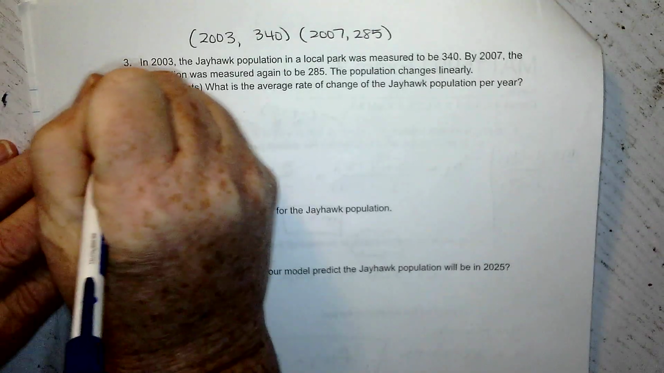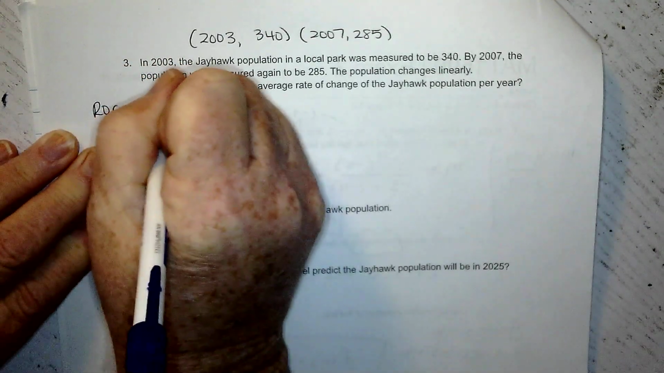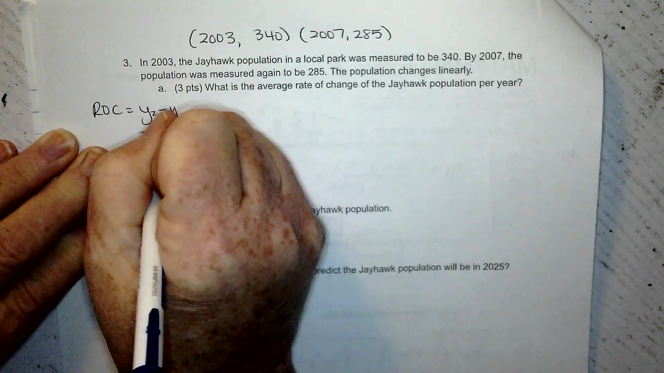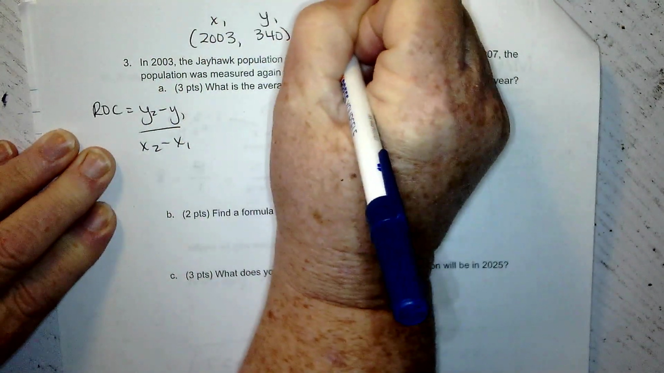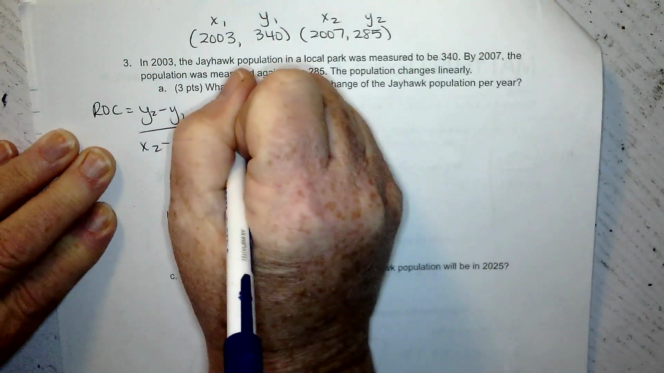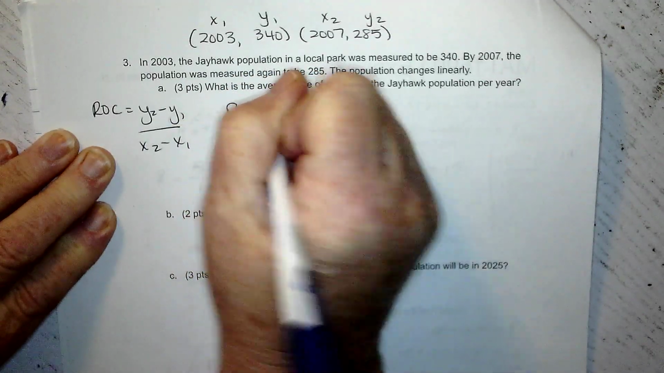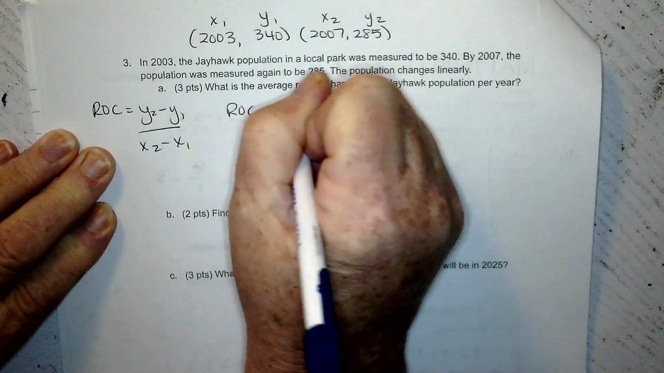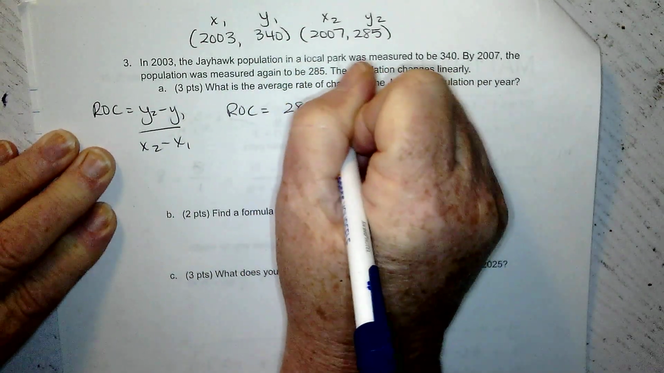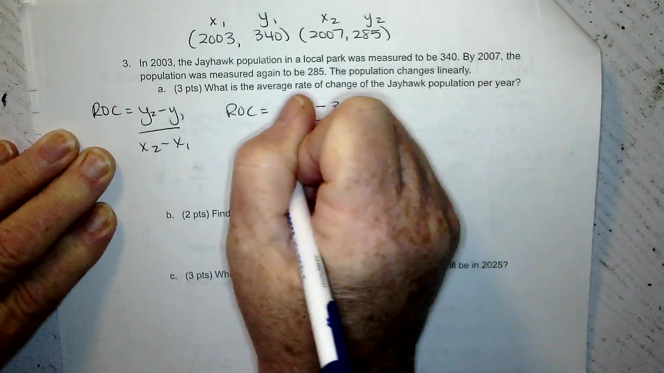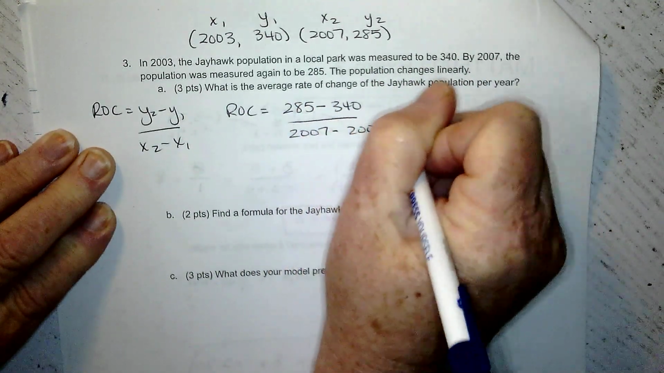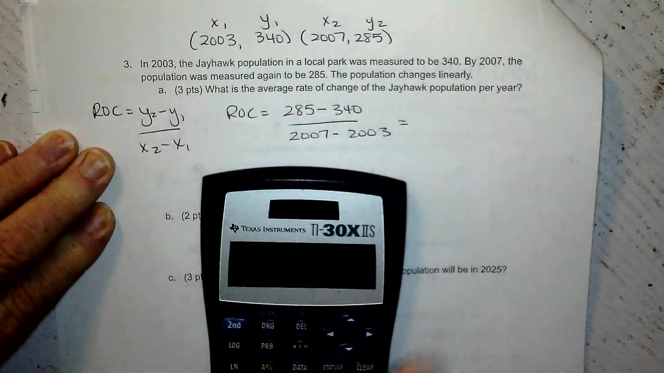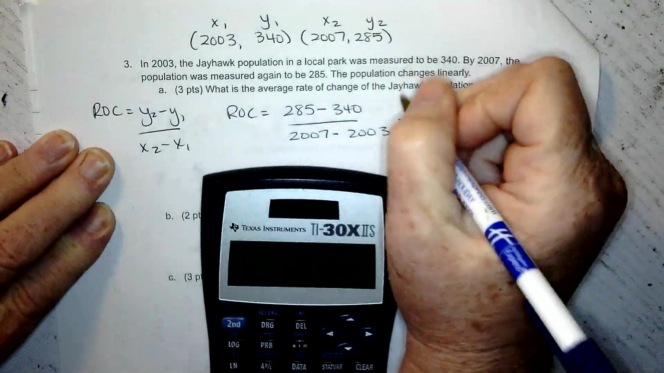The rate of change is the same thing as your slope: y sub 2 minus y sub 1 over x sub 2 minus x sub 1. Label your points. And your rate of change is equal to y sub 2, 285, minus y sub 1, 340, over x sub 2, 2007, minus x sub 1, 2003. 285 minus 340 is negative 55